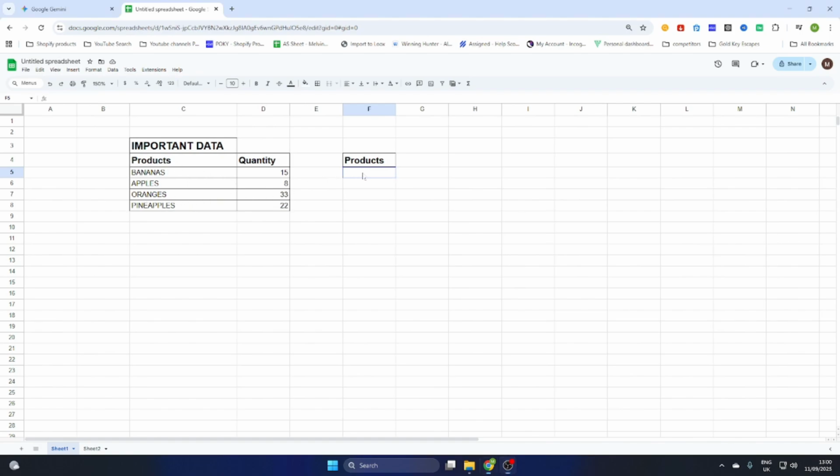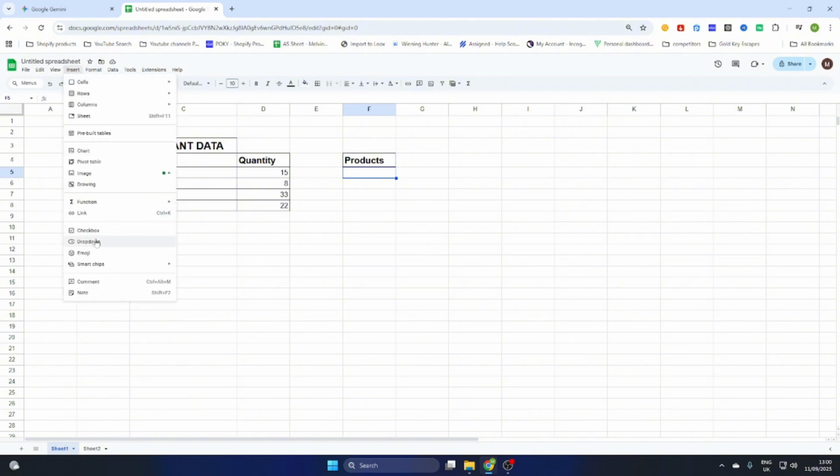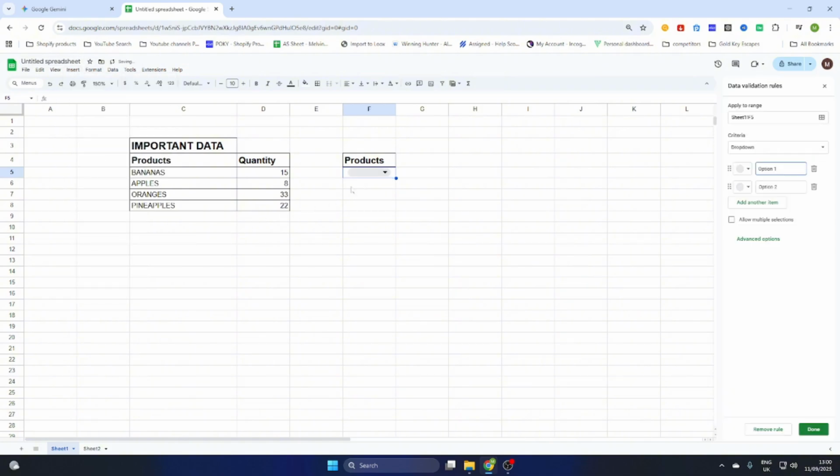So what we will do, we will select the cell and now go to Insert and there you will find drop-down. Select it and here you can easily select all the options. You can select different options yourself, you can enter them, but you can also automatically select certain products. So what we will do, we will go to this one and we will enter the products